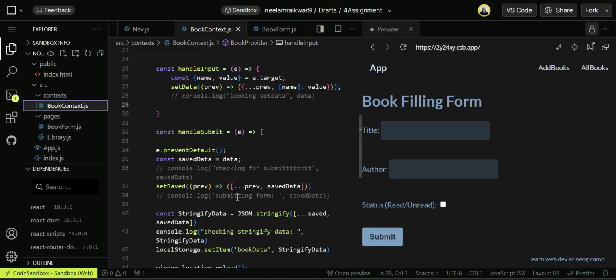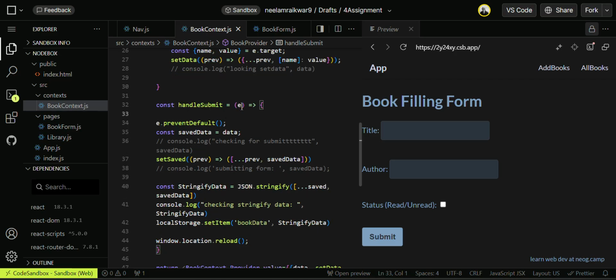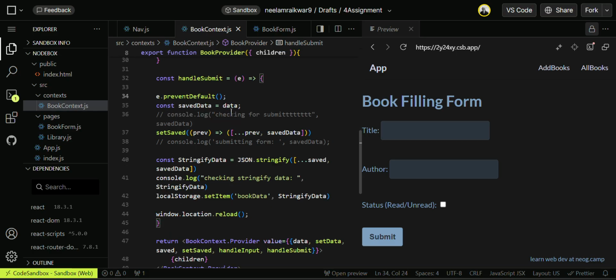and here is handleSubmit. So in handleSubmit, I am preventing the default, I have written event.preventDefault, and then there is a variable saveData where I'm storing data, and then I'm using it in setSaved.